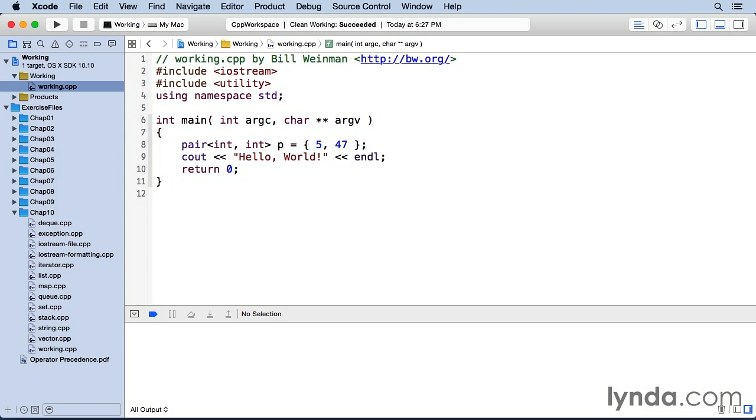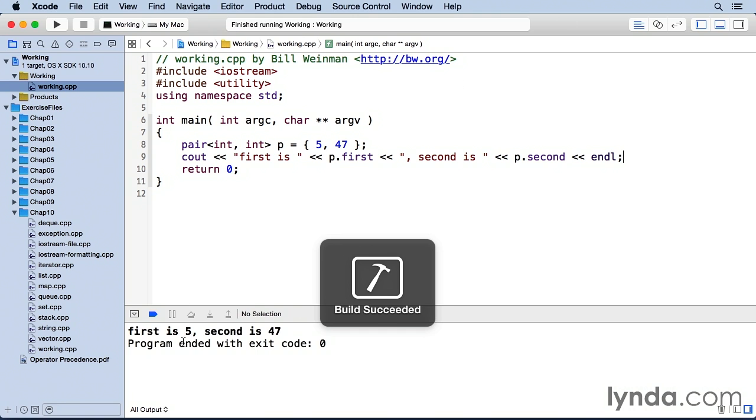So the pair class is a template type with two types, one for each of the values. In this simple example, both of the values are declared as int. And the values are named first and second and are directly accessible as public data members. So I'm going to come here and I'm going to say first is p.first and second is p.second and an endl. And now when I build and run, you see it says first is 5 and second